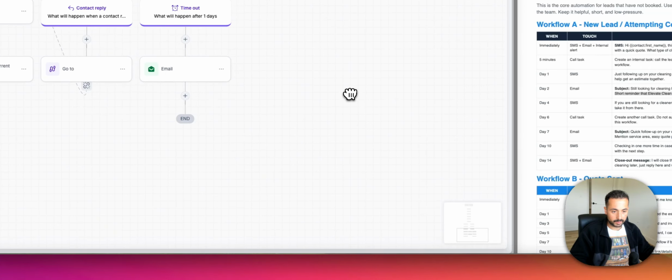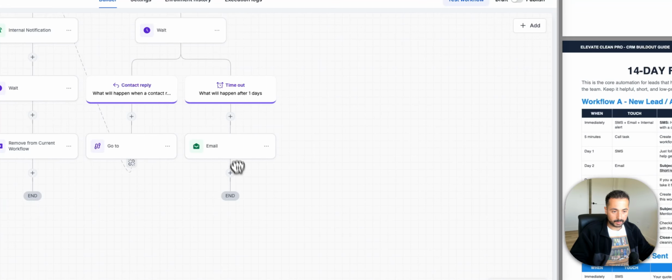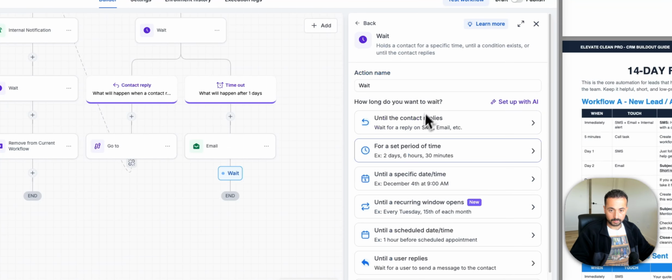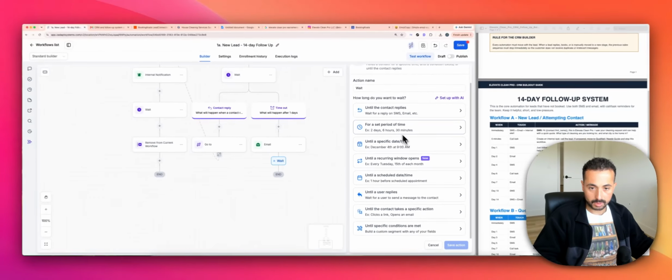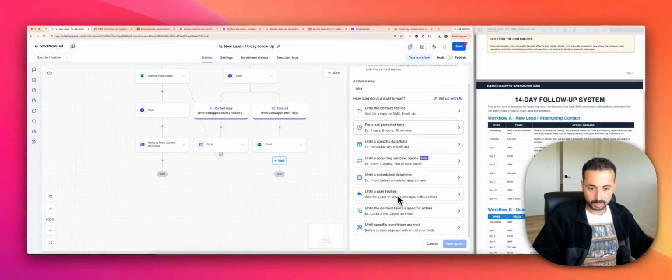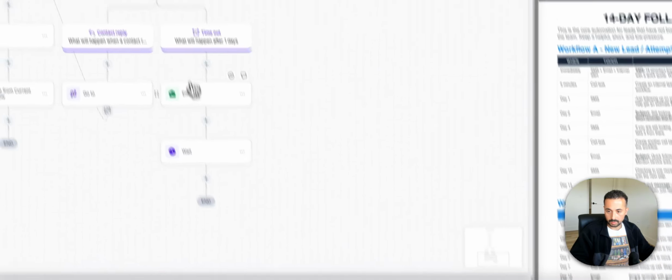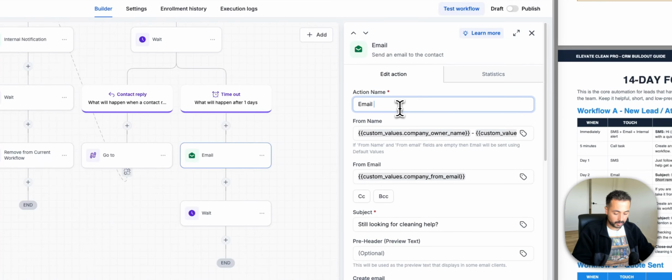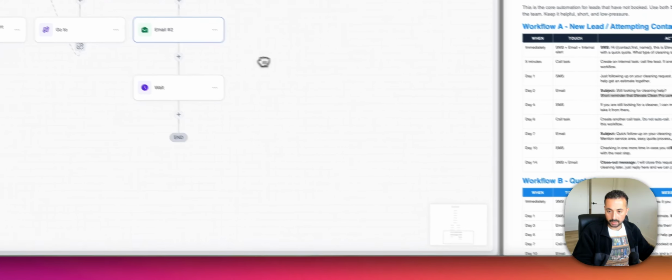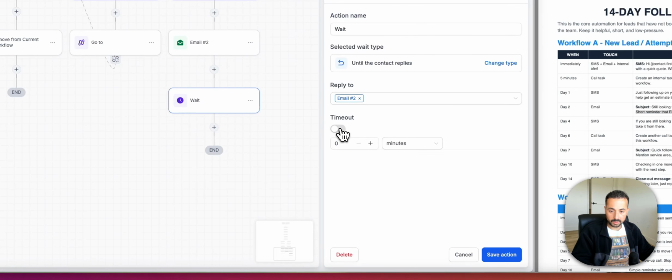So we'll just do that for the sake of time. Email, and then he wants day 14. Set period of time. We're going to do, again, contact replies to email. All right, don't forget, this can get pretty confusing, so make sure you fill that out. Email,